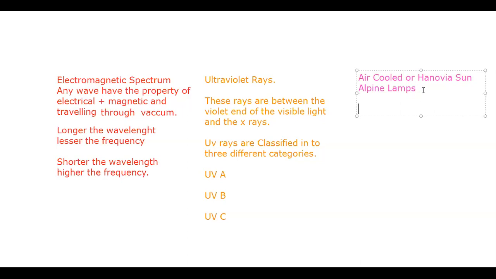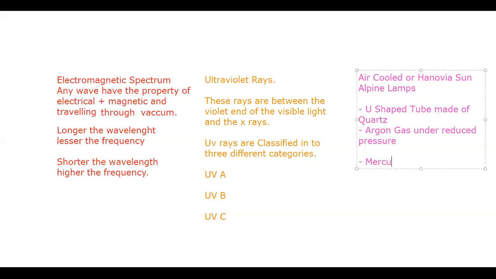This sun alpine lamp is a U-shaped tube made up of quartz, containing argon gas under reduced, low pressure, and mercury is also there, and the tube is covered by both the electrodes, and the phenomena which occur are